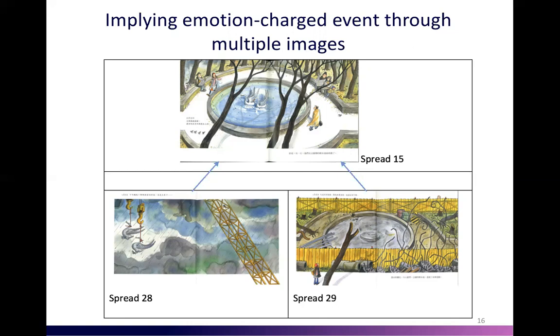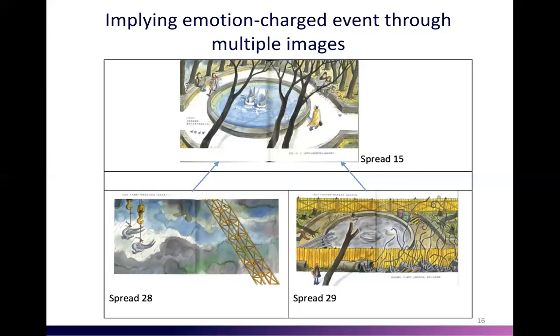The two protagonists then revisit the place where they met before, but all they see is the ruin of the park and the pond. This event is not directly shown in the image, but it is implied in spreads 28 and 29. For example, in spread 29, you can see simply the idea of a fast-changing environment in the verbiage, and the image does not tell you exactly what the scene is about. So readers are expected to notice the intervisual link created through